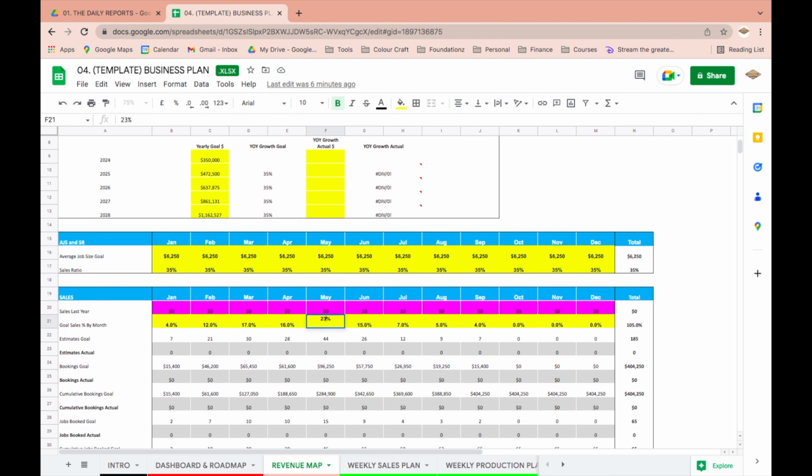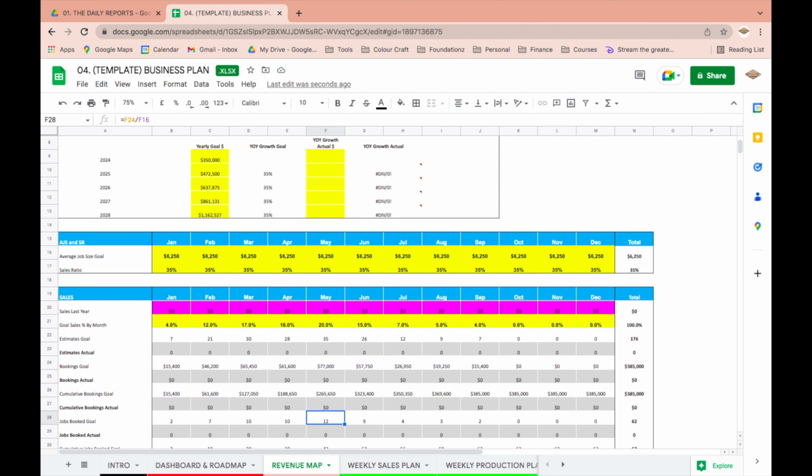So maybe we could do 23%. That should drop down. Yeah, there you go. Or actually, let's just do 21% there. So if we do 21%, it'd be 1% off. So let's even drop to 20%. That makes it a little bit less overwhelming. So we need to book 77,000, which is a little bit nicer because we're also training crews and setting up our season in May. So that's a very intense month every year. This would put our May at 20% of our sales booked, and that would bring us to 265,000 booked by the end of May.